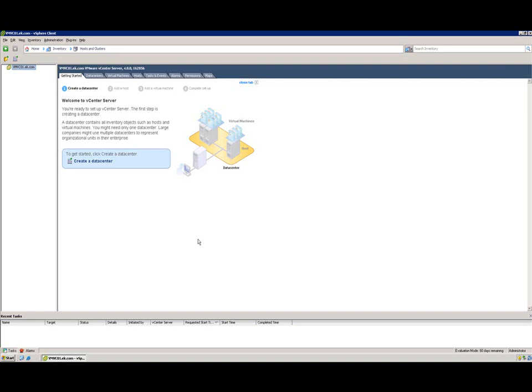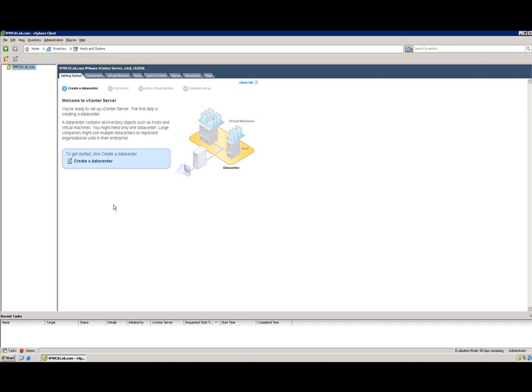Now, a data center is the minimum requirement, the building block that you need to create in order to add hosts. But before we do that, let's go ahead and divide our organization based on geographic location. So if you had offices in Chicago and in Las Vegas and in Europe, the first thing you would want to do is create folders for every one of those continents, or for every one of those countries. For example, if the organization is big enough, you can divide it into the Americas, Europe, Asia, Australia,